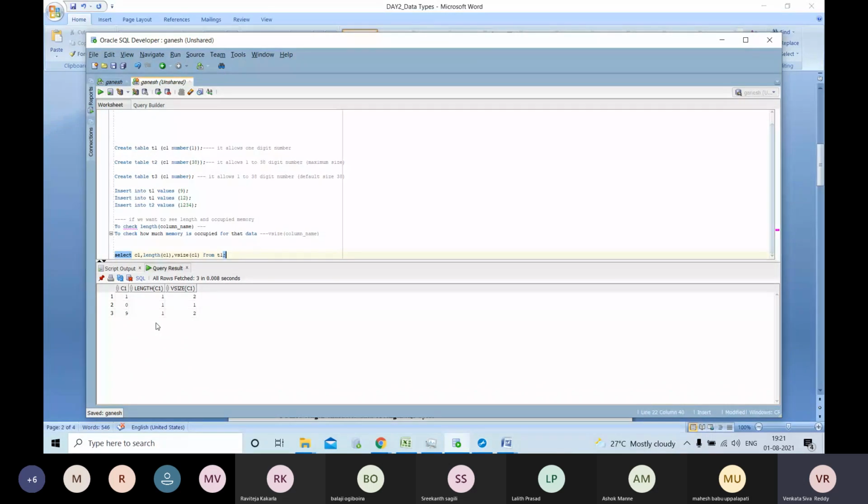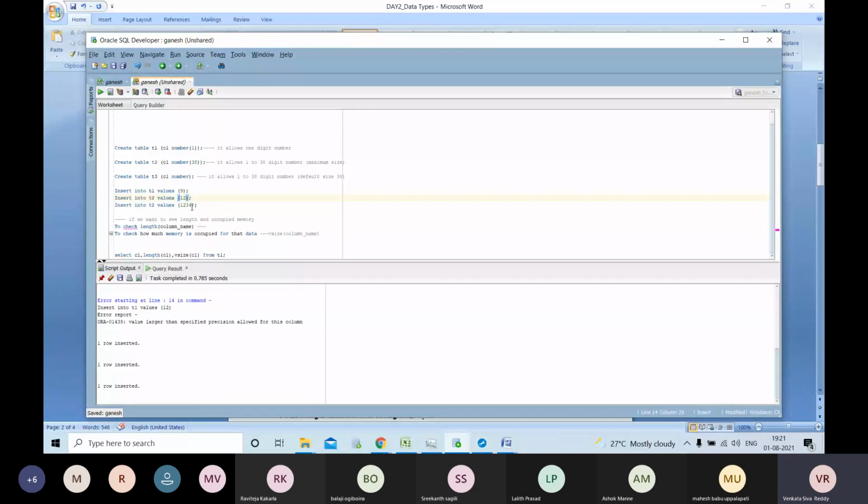If you insert the data in the T2 table, I'm going to insert 12. It allows up to 38 digits, right? I insert 12 and 1, 9 and 0 as well. Now I have inserted the data here for T2.